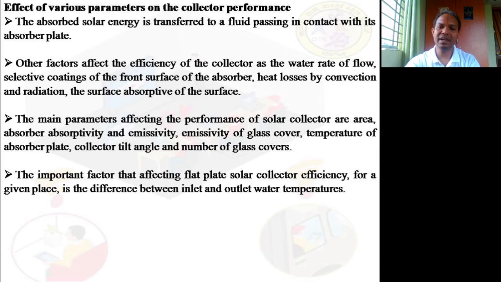So on what factors does the collector efficiency of a solar collector basically depend? It also depends upon the inlet and outlet water temperatures, and the increase in temperature difference negatively affects the efficiency. It should be a predominant one. An important factor of the collector efficiency is the difference between the inlet and outlet temperatures. How can it be improved? It is only by